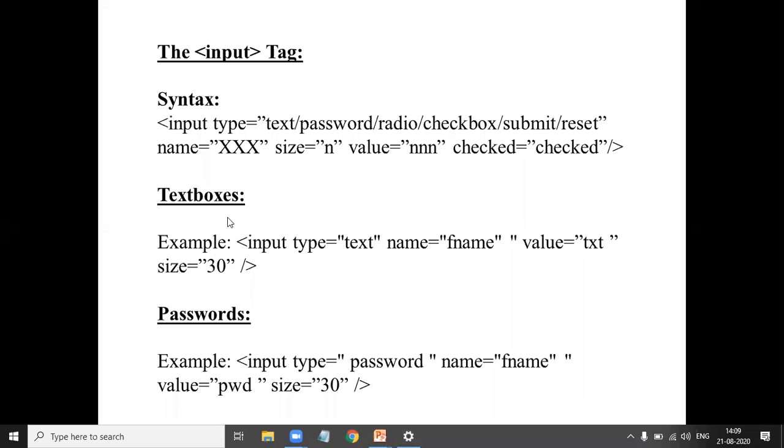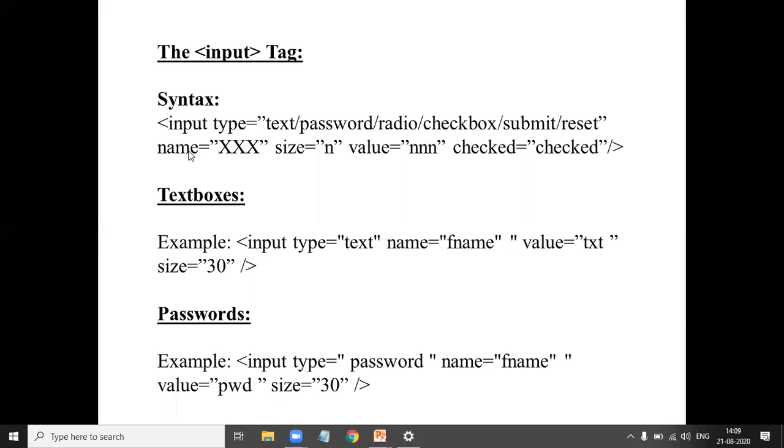It is used to insert text into the form. Input type equal to text, name equal to the element name, value of this element, and size of this element. The input tag contains text, password, radio, checkbox, submit, and reset. Now we discuss each one.